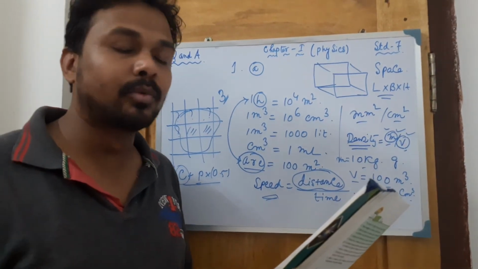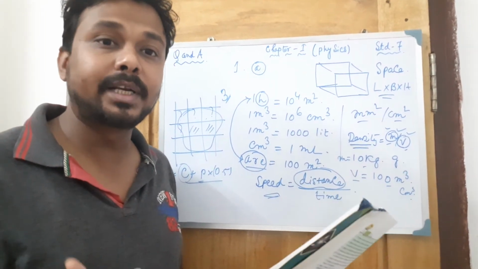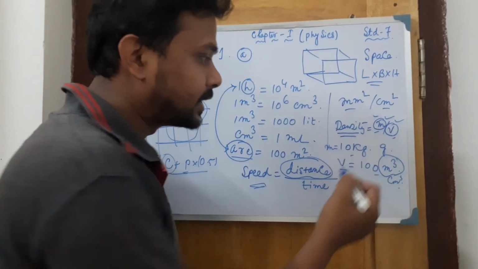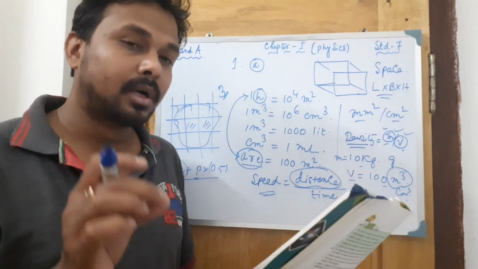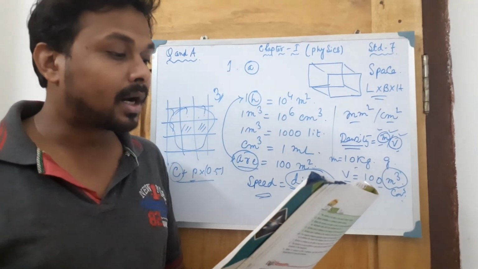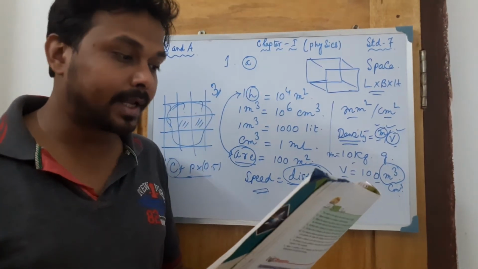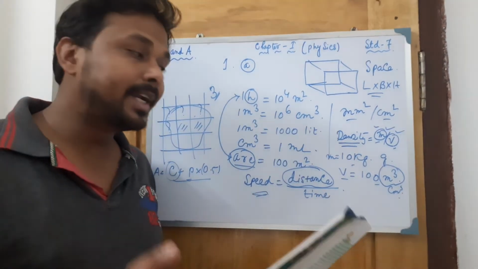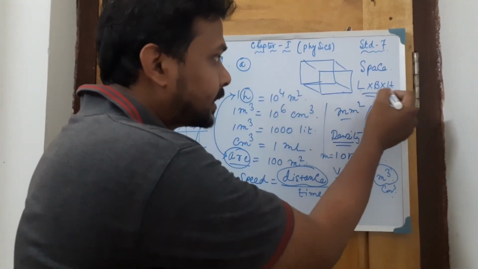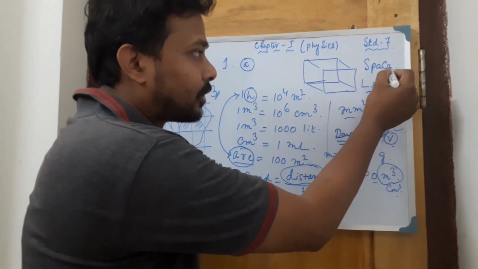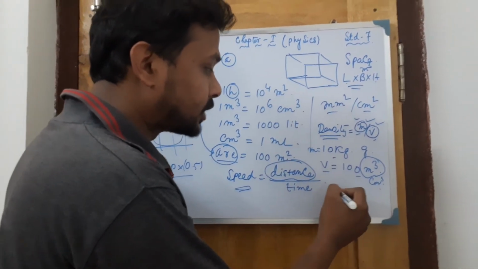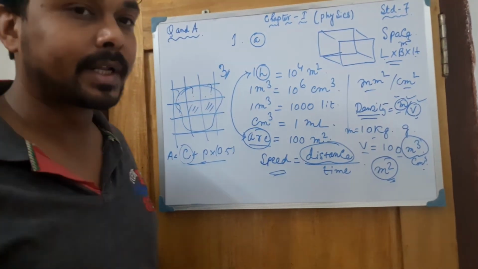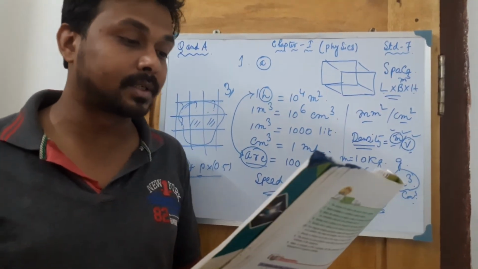Now next one is the fill in the blanks. The standard unit of volume is what? That is meter cube. I have written it here, meter cube. This one is the standard unit of volume. Next one, the area of a regular surface is measured by what? Meter square. Three things are there, so that's why meter cube for volume. Two things, side into side, so that's why meter square will come in case of calculating the area. So meter square will be the answer.